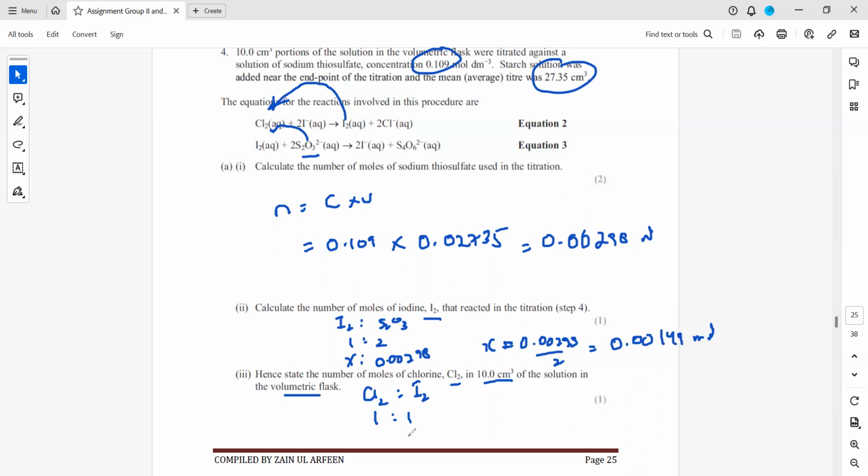So if we have 0.00149, this will be X, we'll get the same moles. These are the moles in 10 cm cube, but what is the moles in the original solution? In the original solution, it will be 25 times. Why 25 times? Because these are the moles in 10 cm cube. We work out the part which we titrated. But in the original content,